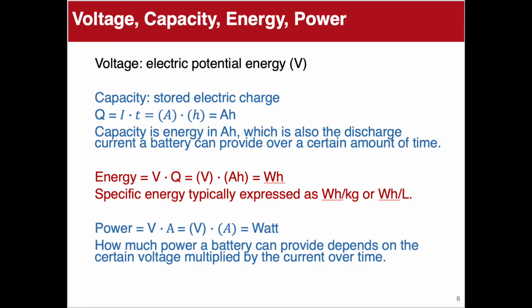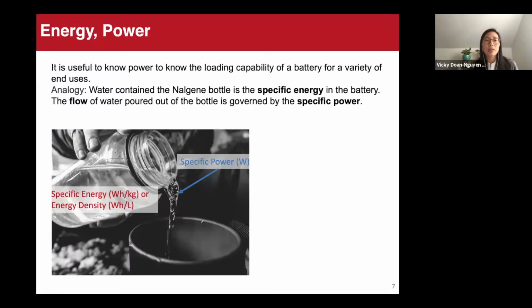And by which mass are we talking about? Which kilogram? So typically we talk about the active material, how much active material you have in your electrochemical cell, and the volume of that material. So these two parameters, energy and power, are quite useful because it will let us know the loading capability of a battery for a number of uses. You're going to want to know the energy that's available or the power that's available at a certain voltage over